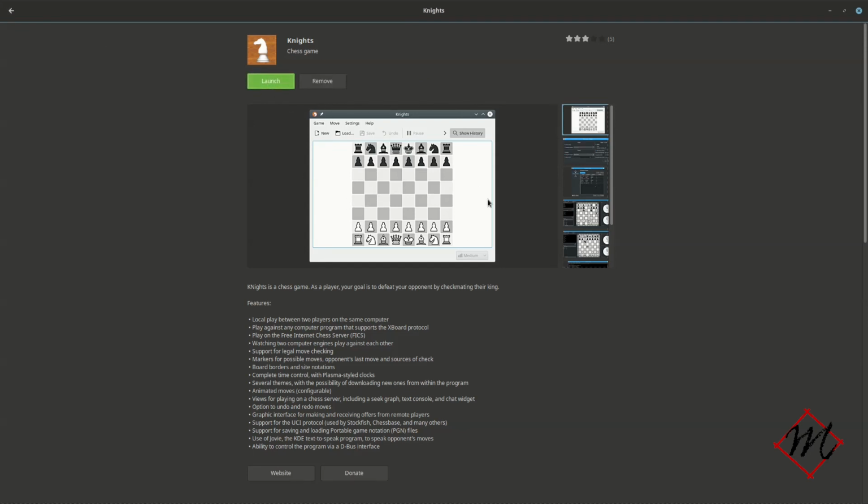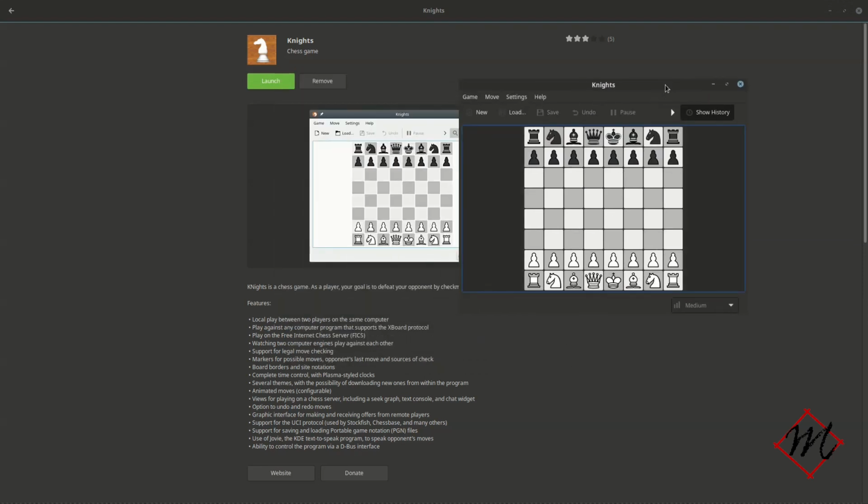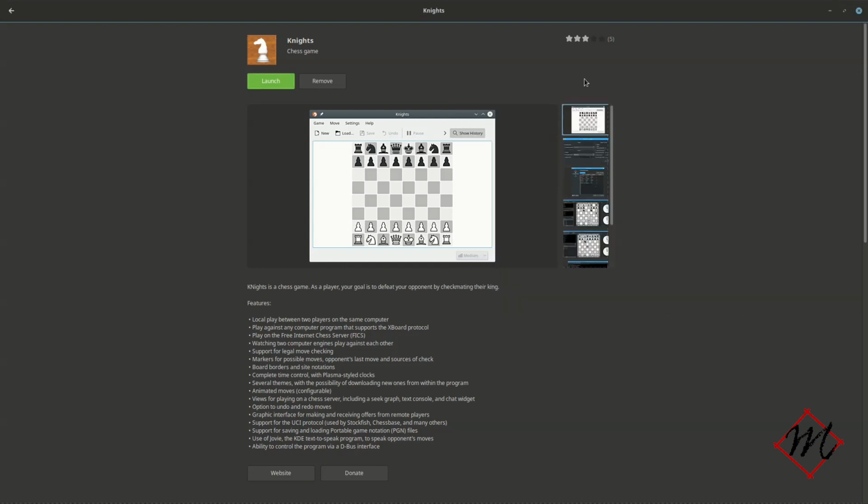So it's already installed, it finished installation, so you just launch it that way. You can make moves just as the way you usually make moves on the chessboard. So for this demonstration, let's just not play, let's look at how it moves. Let's hold it there, close it up, then